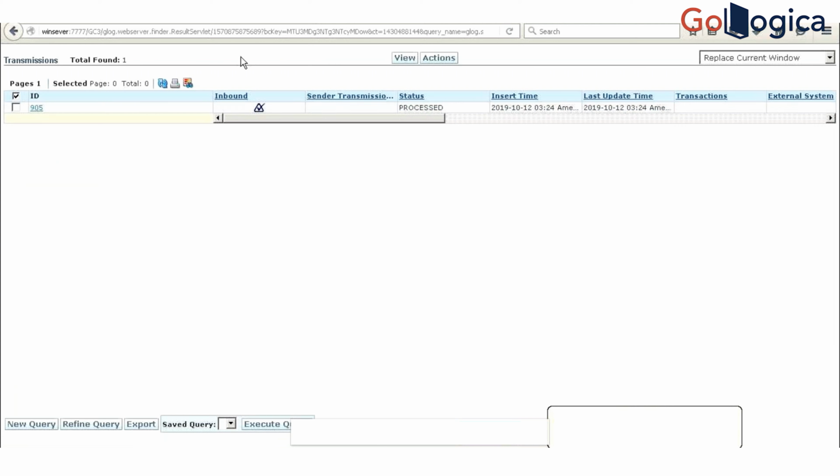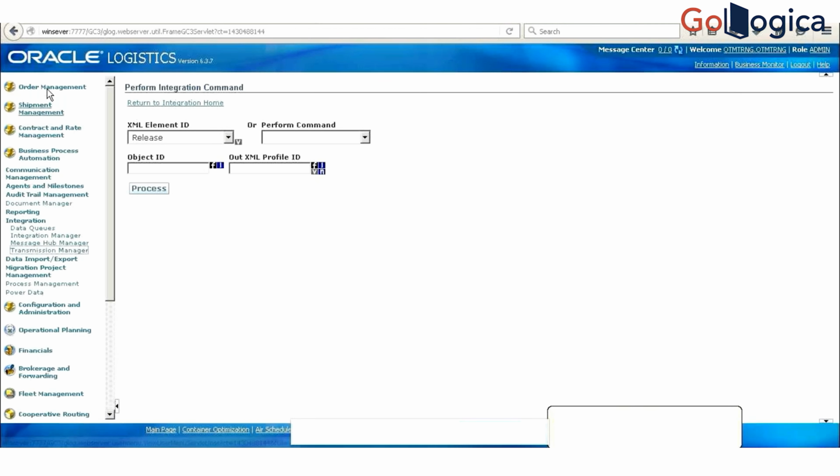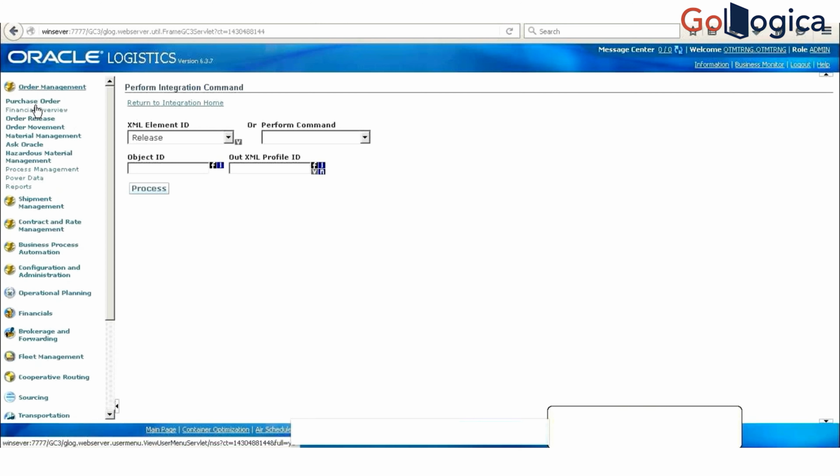So it is processed. So it means the new order release is created. Okay. So if you want to see whether that order release is created or not,